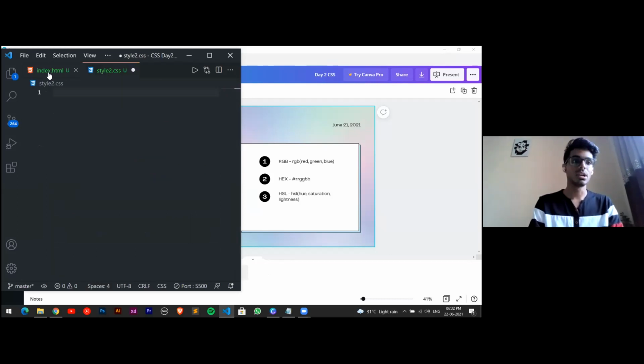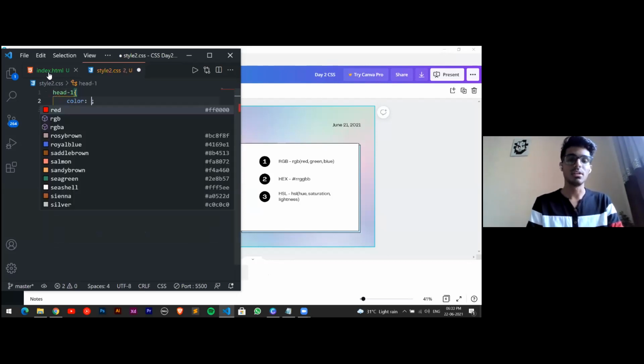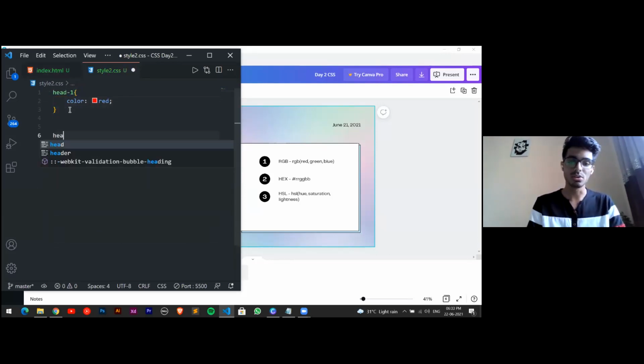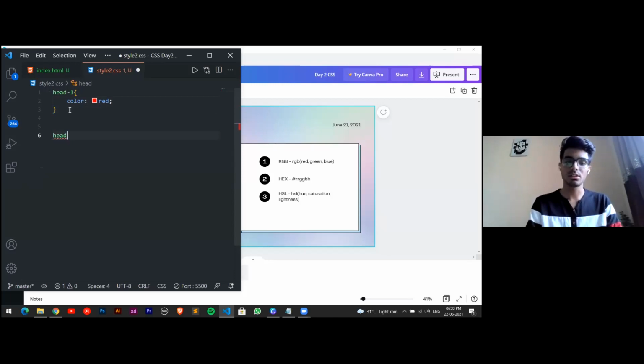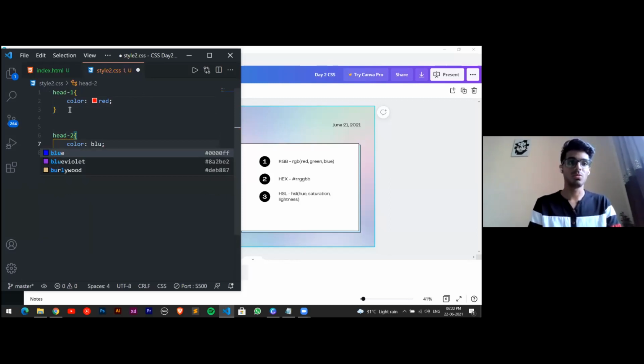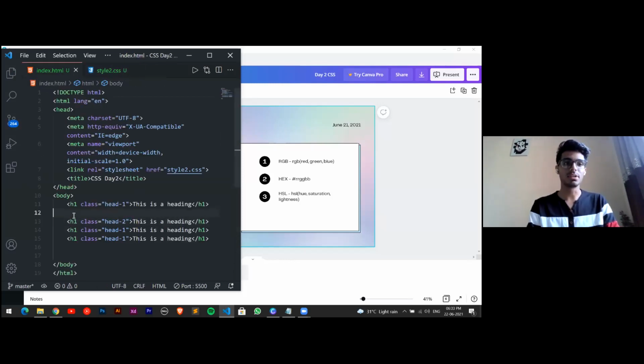I'll just remove this. I'll give head1, which we are using, a color of red, and I want head2 to be blue. So for head2, I'll give the color blue. Just notice over here I've given the second heading as head2 and all others are head1. If I go to the web page,